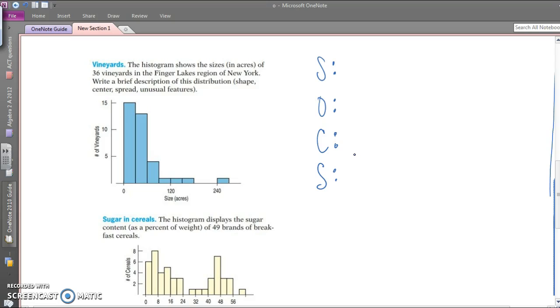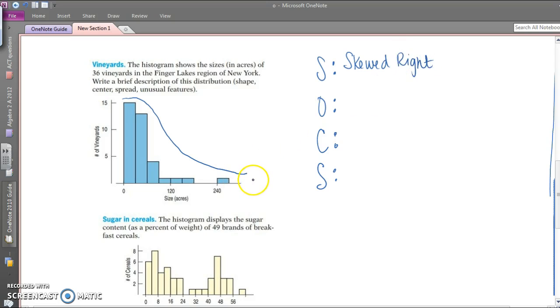So in the first one we have vineyards. The histogram shows the sizes in acres of 36 vineyards in the Finger Lakes region of New York. Brief description: shape, center, spread, unusual features, which are our outliers. So our first S is shape, and this one starts out tall and becomes much shorter. That's called skewed. So we would say this is skewed right,